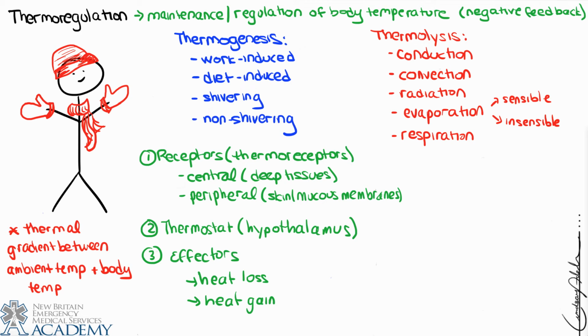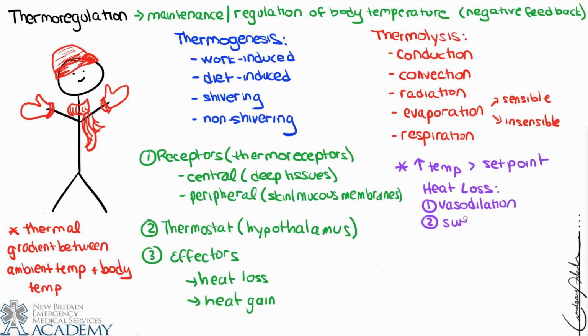And so we can just talk briefly about the events that occur when there is a disruption in the baseline body temperature. So if we have an increase in body temperature above the set point, so approximately 98.6 degrees, we activate the heat loss center in the hypothalamus, and we have a parasympathetic response. So the actions include vasodilation, which allows for heat loss through radiation and convection, sweating, which allows for heat loss through evaporation, and increase in respiratory rate, which allows for loss of heat from the lungs through evaporation and respiration. They're sort of interchangeable in this situation.